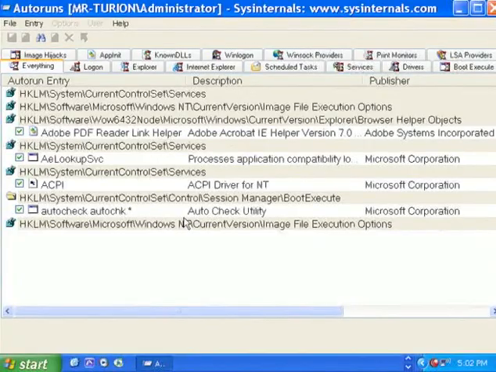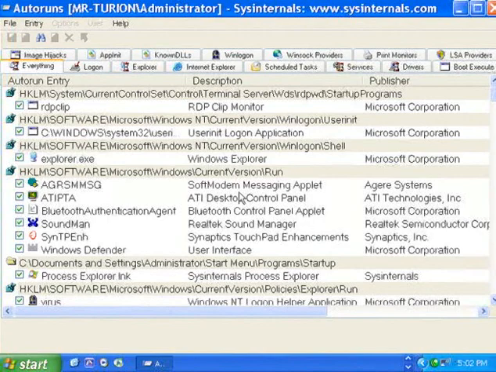Unfortunately, msconfig doesn't give us a whole lot of information about the items that it does show us here. For example, AGR MMSG. It doesn't even tell us where that image is located, much less who made it and what it's for. So msconfig stops a little short, and that's where a tool from Sysinternals called Autoruns picks up. I'm going to launch Autoruns here.